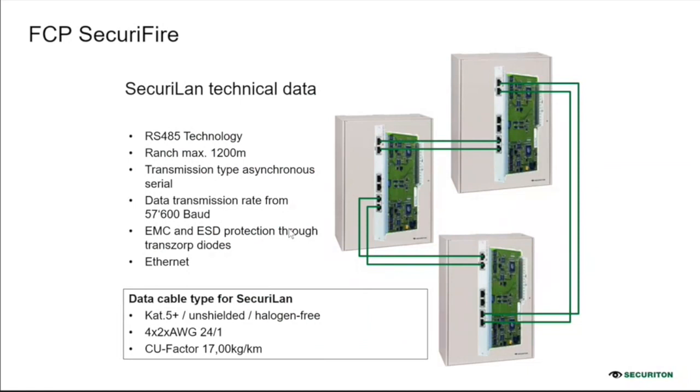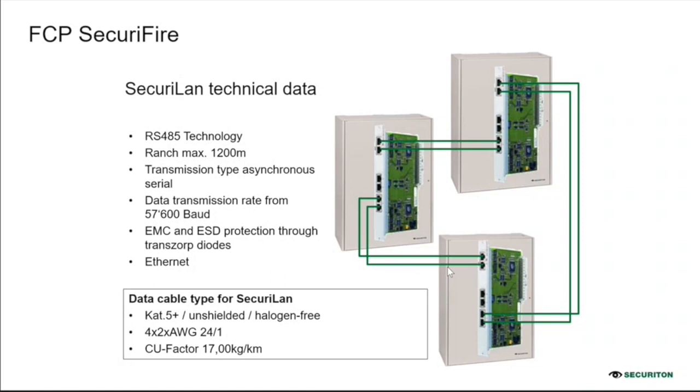So this is the SecuriLAN technical data. You see the standard connection is by copper RS485, and this one is redundant. You see there is a double loop, and data transmission is serial. This is the speed. We have a protection device on site against